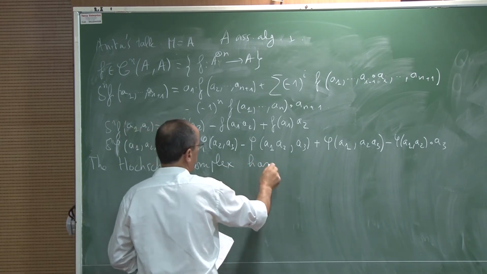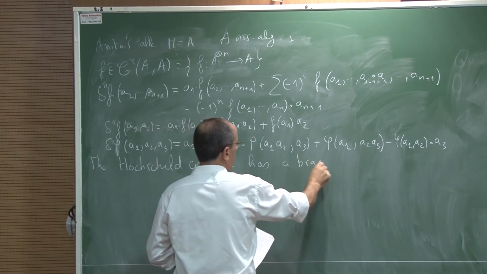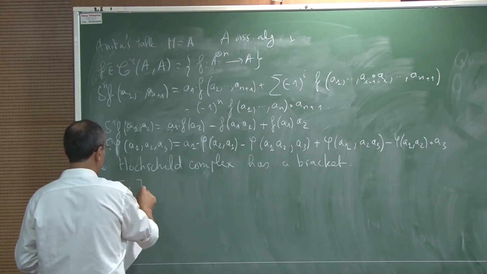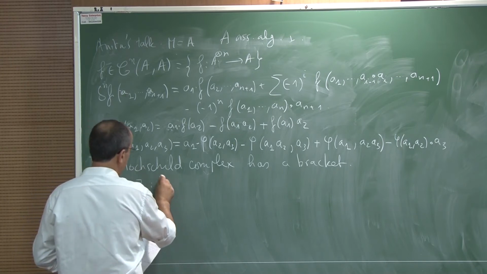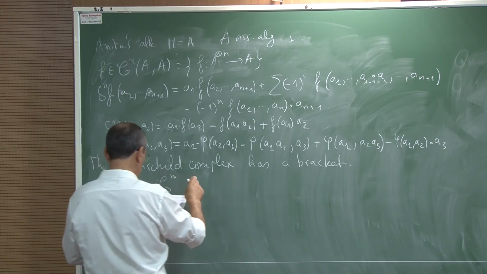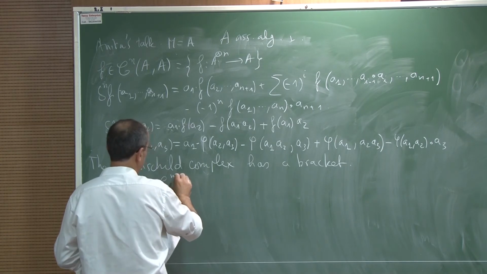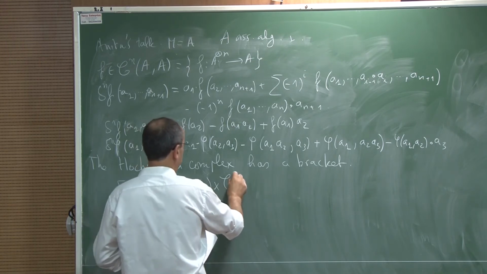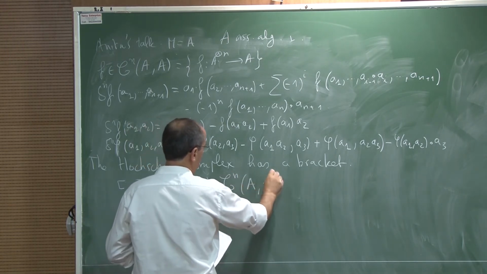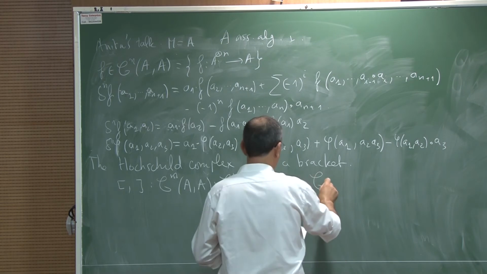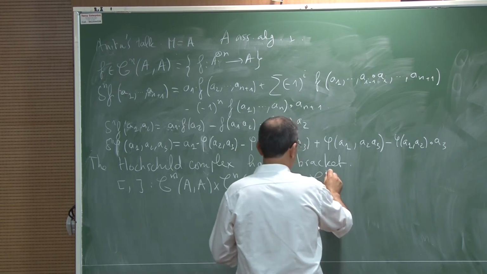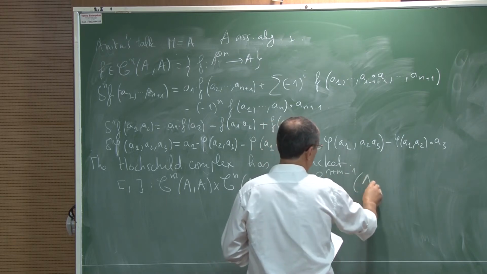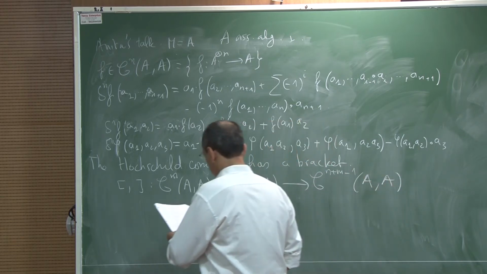Has a bracket, which is defined here. Then the bracket, we have this bracket going from C^n(A,A) times C^m(A,A), and what we get here is a cochain in C^{n+m-1}(A,A), and it's defined in